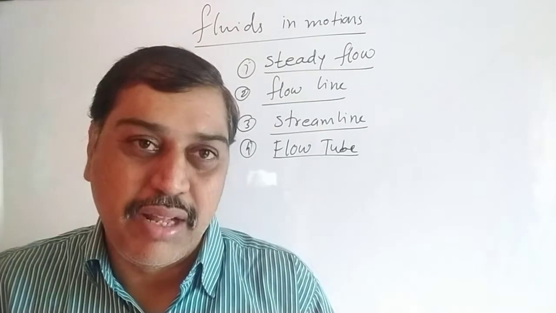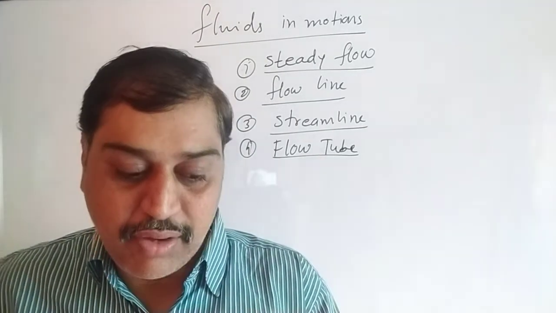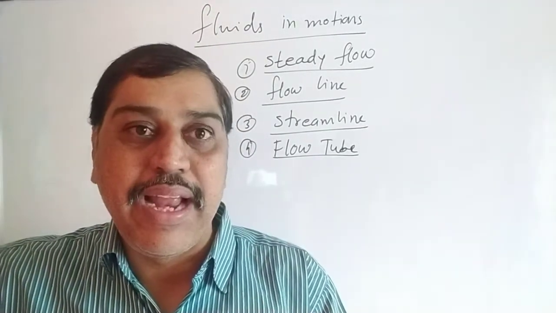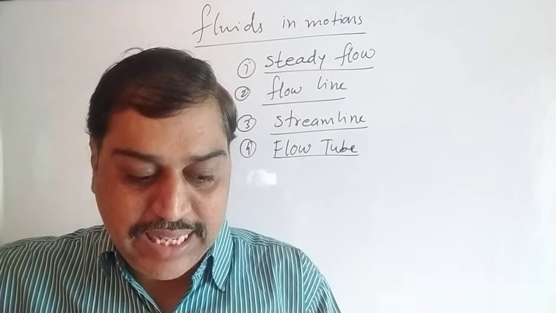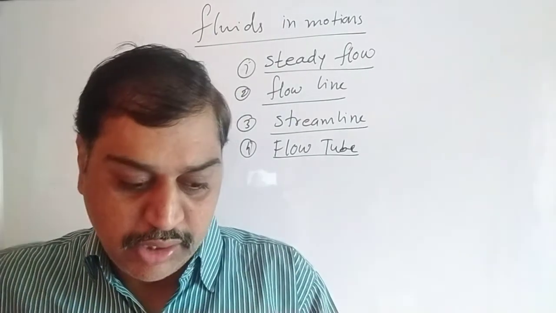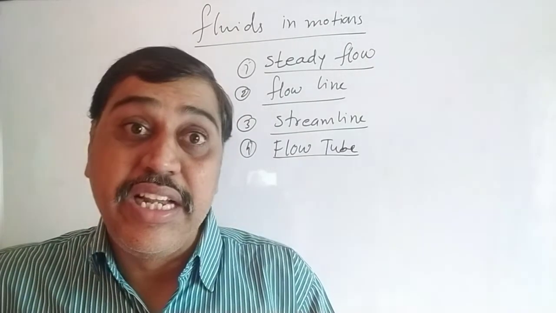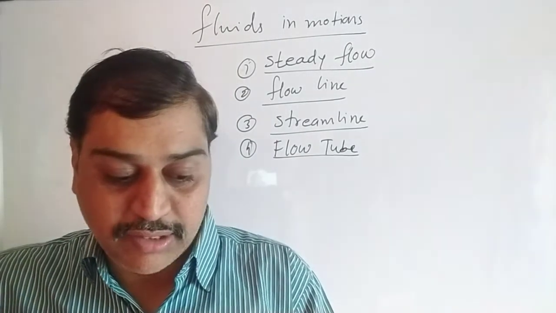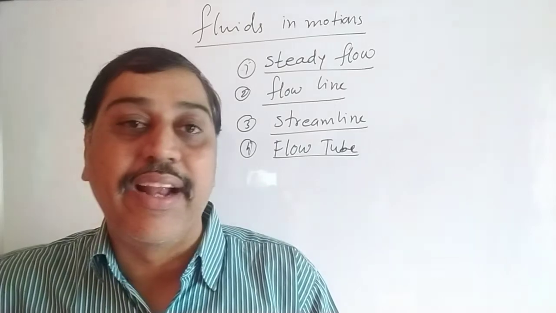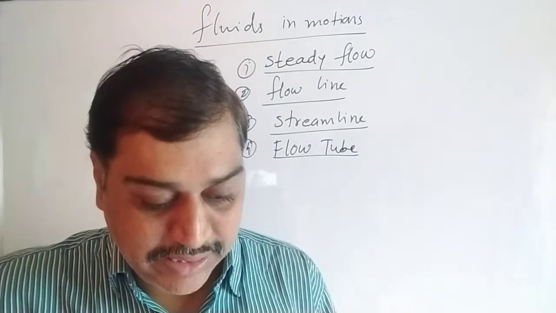Flow tube is nothing but imaginary bundles of flow lines bounded by imaginary wall. For a steady flow, the fluid cannot cross the wall and cannot mix with the nearest flow. So they can't cross. Fluid in adjacent flow tubes cannot get mixed. In italic they have the same thing.